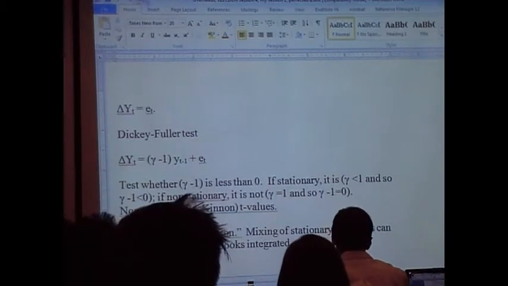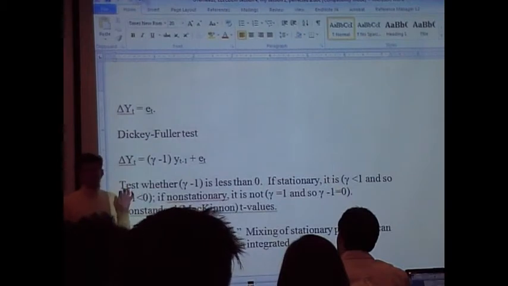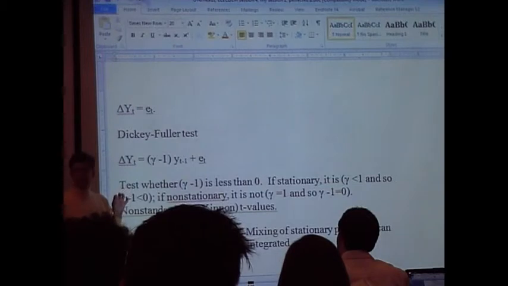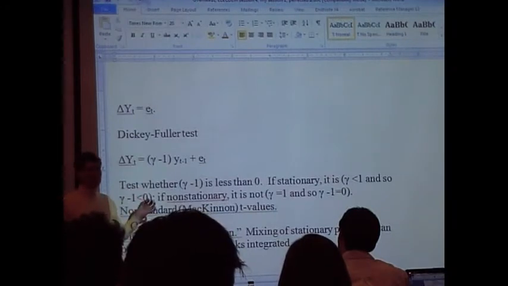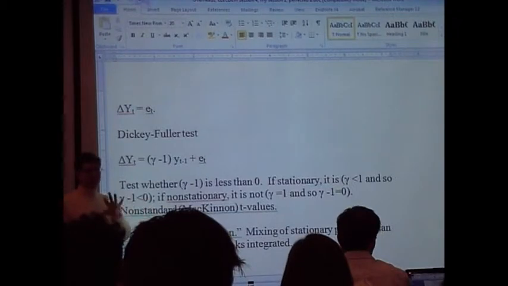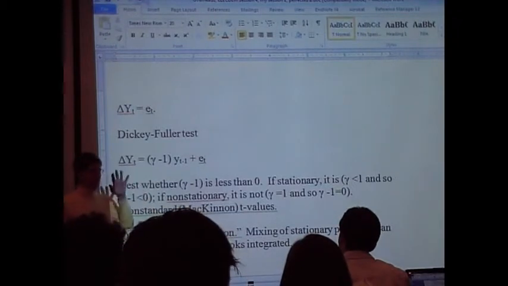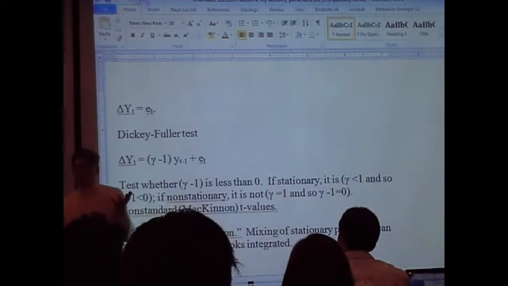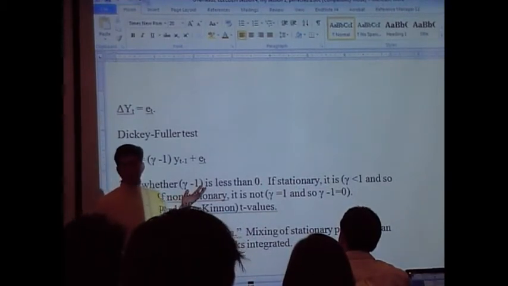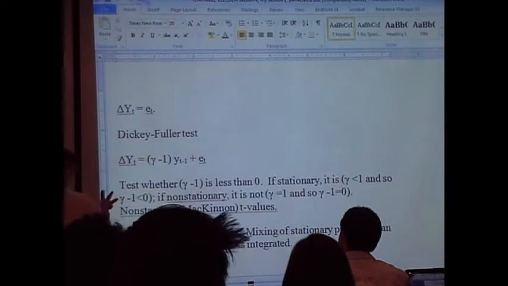Thankfully, as you're going to find out, error correction models are very, very forgiving of what you conclude on this test. So whether or not you conclude that a variable is stationary or non-stationary, you can use an error correction model to model the effects, and you're fine. That's what's great. And this is one of the reasons why Mark is really turned on by the error correction model now, because he doesn't have to be so beholden to